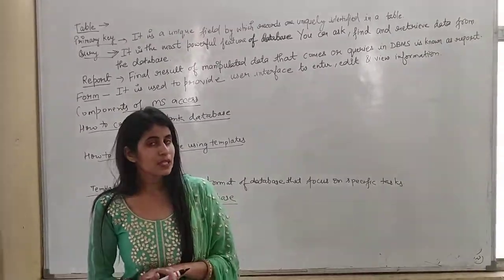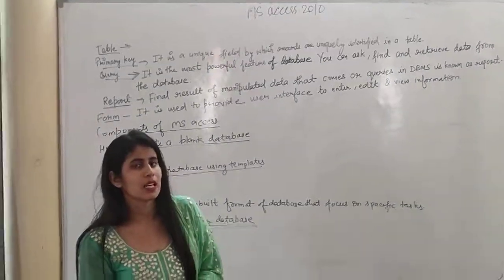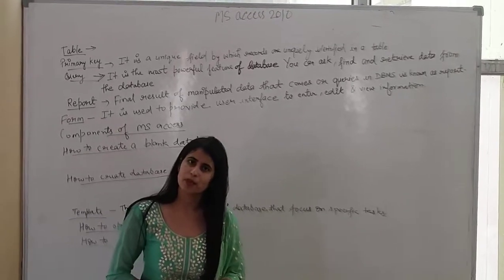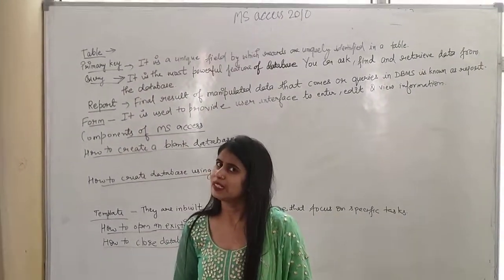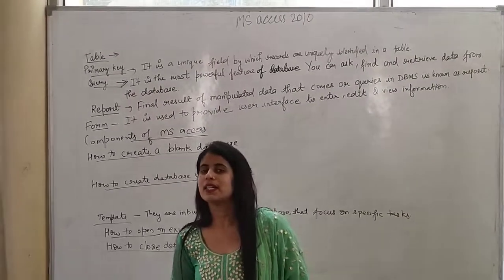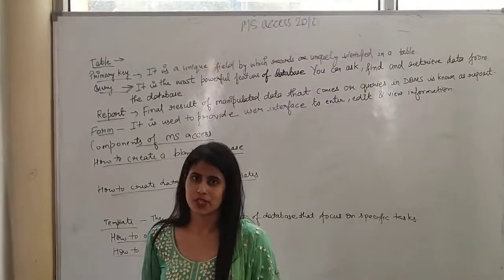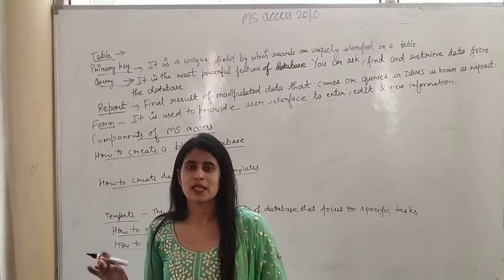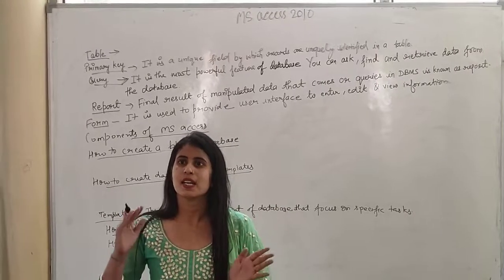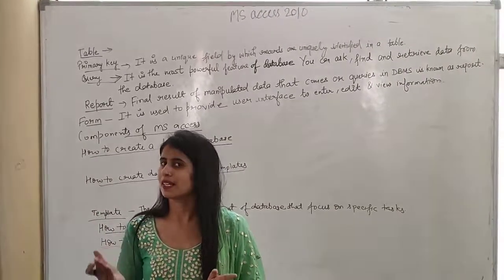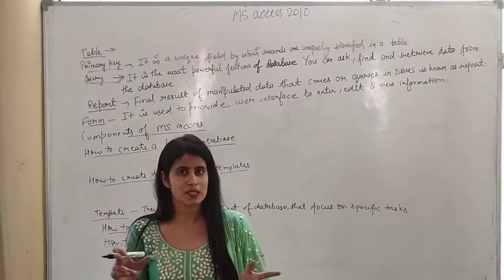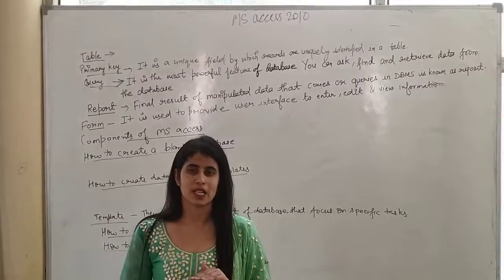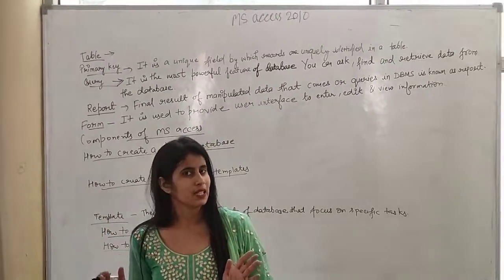Databases are of two types: flat file database and relational database. Flat file databases are linked to only one spreadsheet. They are not related to any other spreadsheet, so the database is limited to a spreadsheet only. For example, MS Excel. In Excel we prepare any sheet or data, and it is not related to other files. It has only one file of data.